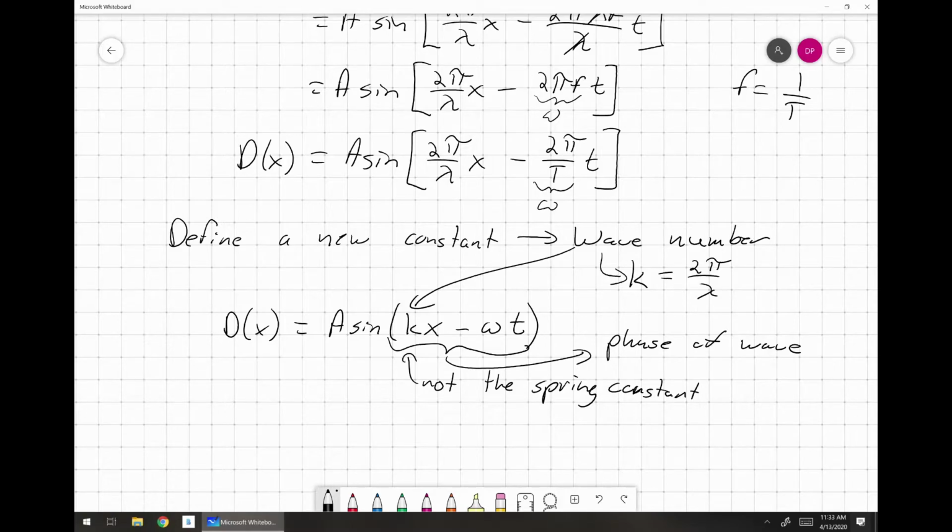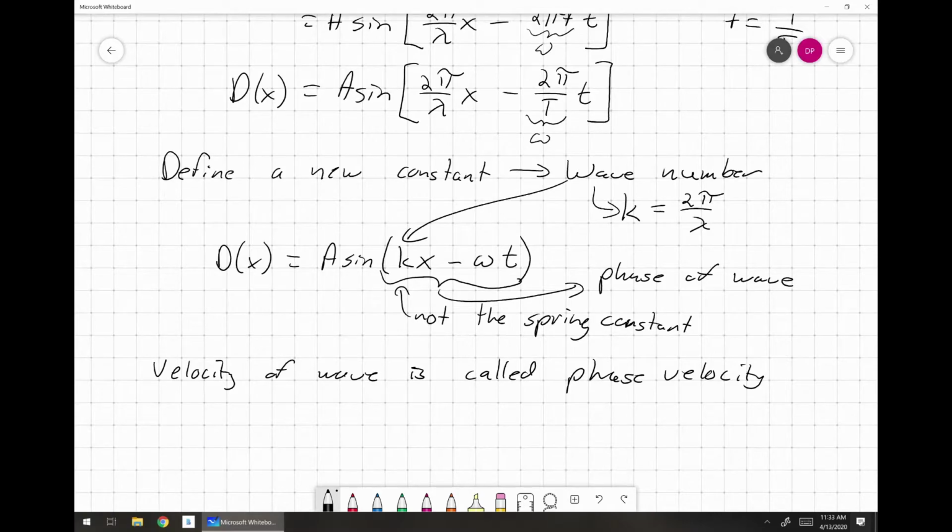And so the speed of the wave, or the velocity of the wave, we'll say velocity of the wave here, is called the phase velocity. And we can define that phase velocity in terms of this angular frequency and the